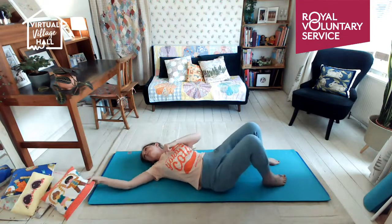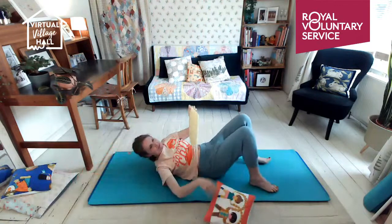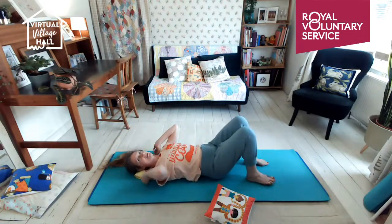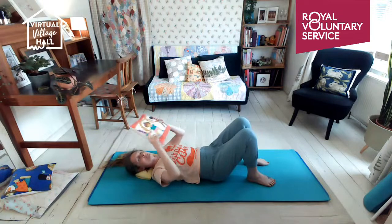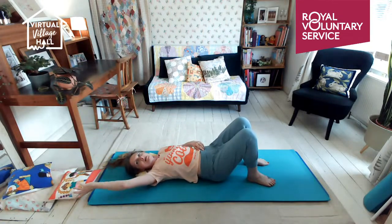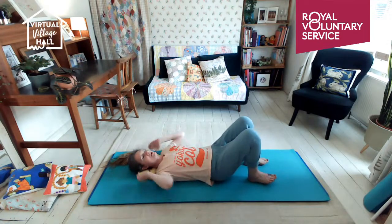So if I reach behind me, I've got a really small neck cushion. That's nice because it supports my neck, but my head still goes down. Or I use, this is like a little feather filled cushion, but it's quite small. That can be nice as well. I just send it back behind. Right. So,